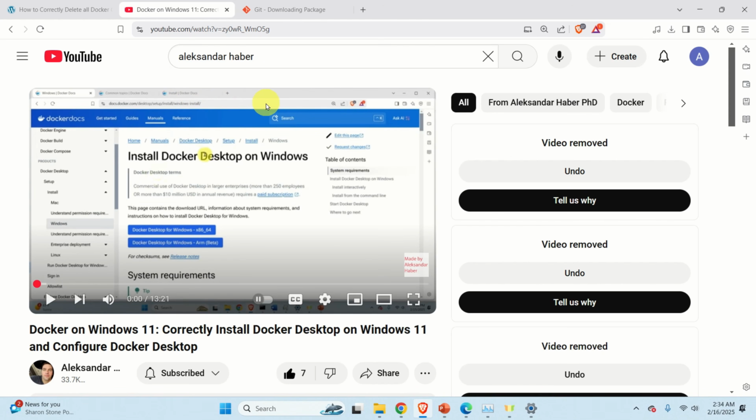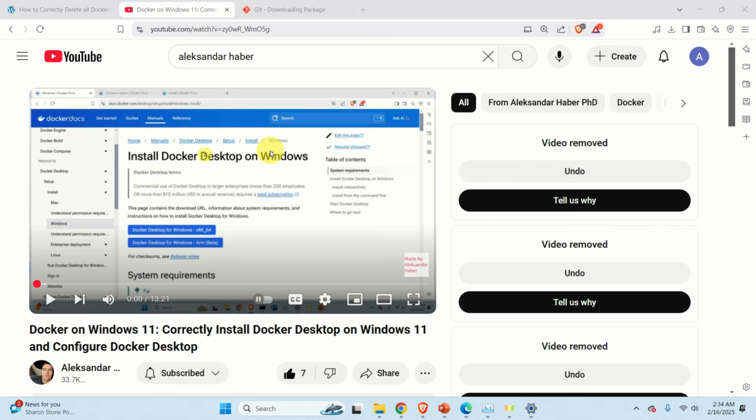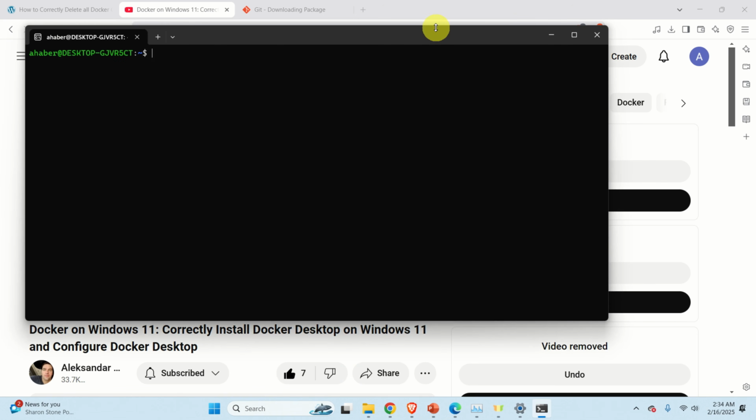Here's an additional comment, namely, while installing Docker, you would have to install WSL or Windows Subsystem for Linux. So let's verify that you have WSL on your system. To do that, the best strategy is to click here and search Ubuntu. And over here you will be able to run Ubuntu, and you can, for example, type this to see your